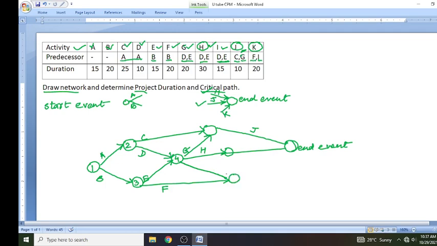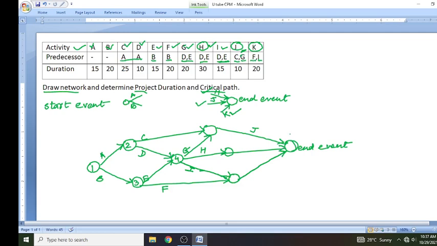Okay, A, B, C, D, E, F, G, H, I, J. Last, K is left. K is dependent on both F and I, so we have already combined these two arrows, and K also goes to the end event. So we draw the network like this. Okay, so this is our final.